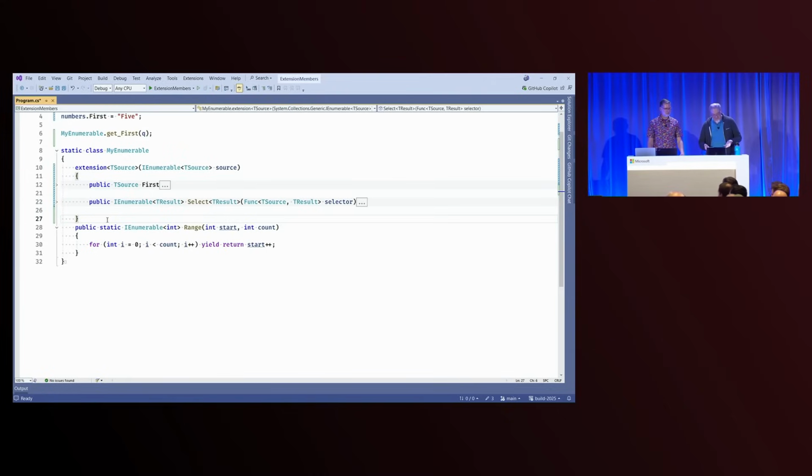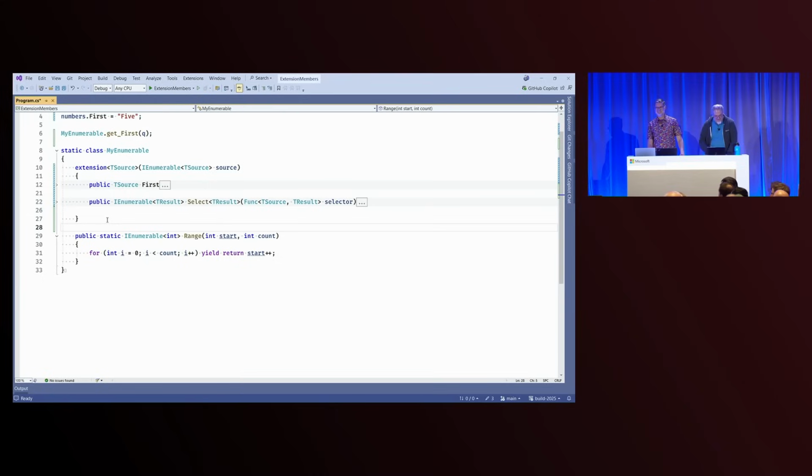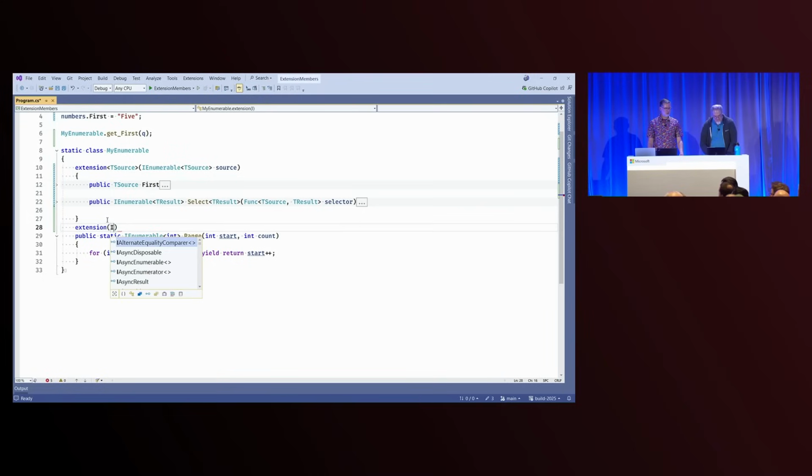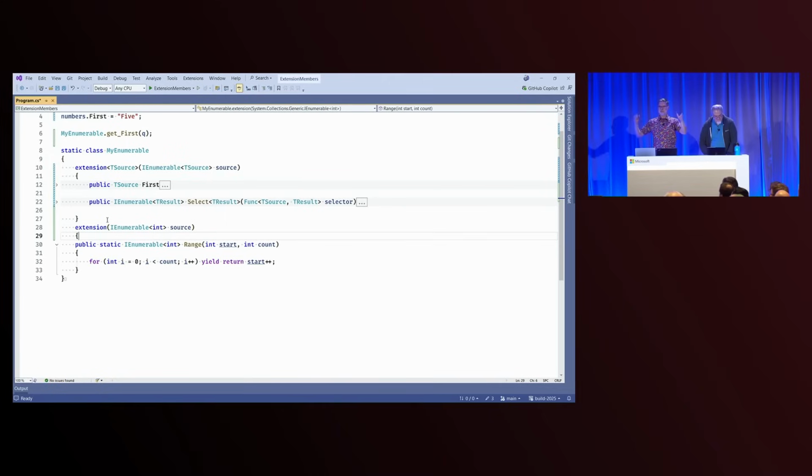We could make it an extension method. Yes, a static extension method. So if we're talking about IEnumerable, we could again declare an extension block. How would you make this more discoverable? Stick it somewhere where people would look. So why don't we stick it on the type it's a factory for, IEnumerable of T? Exactly. Let's stick it on that type, and then when you press dot on that type, the factory will show up.